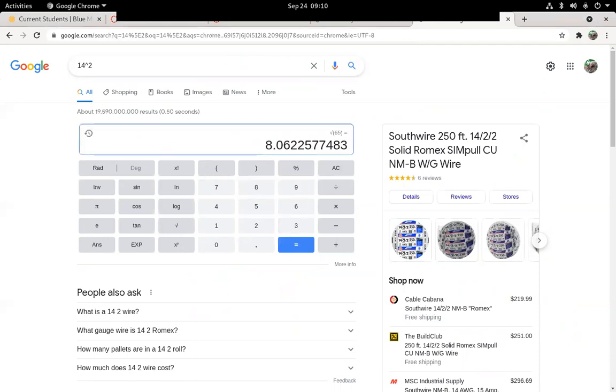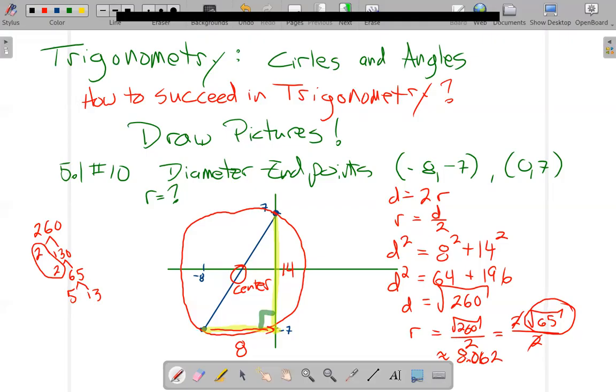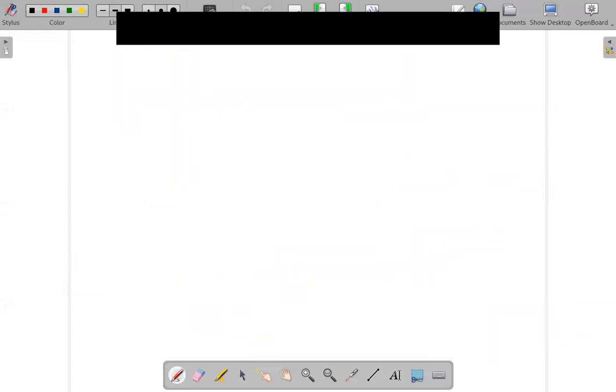Hey, same number. So I'm probably on the right track. Now, again, my recommendation: draw pictures, draw pictures, draw pictures. You could have attacked this problem by just thinking I need the distance formula. So remember, the distance formula